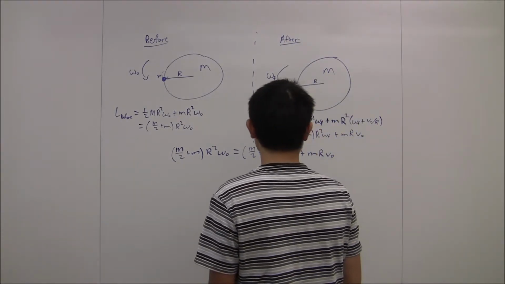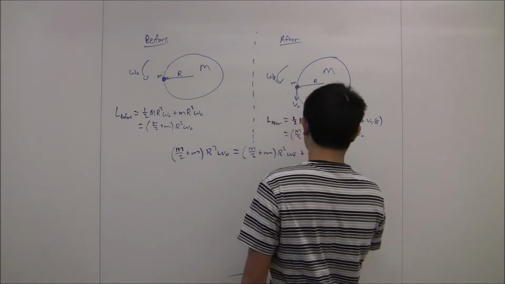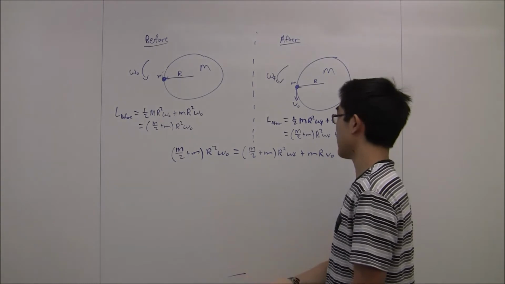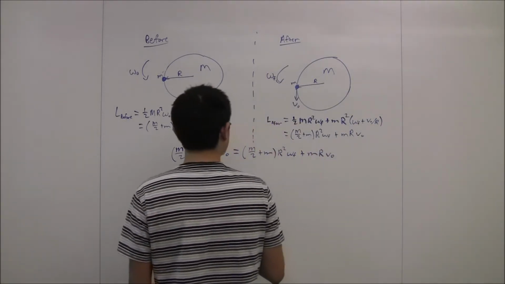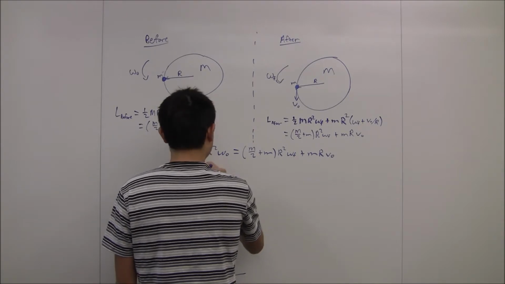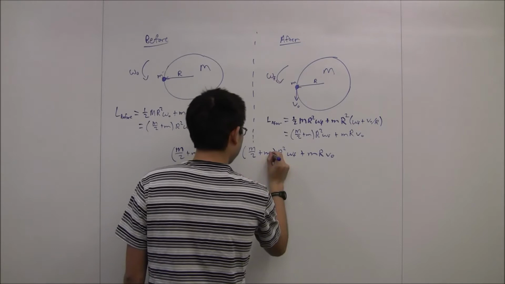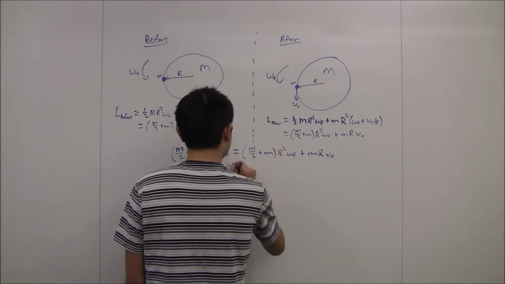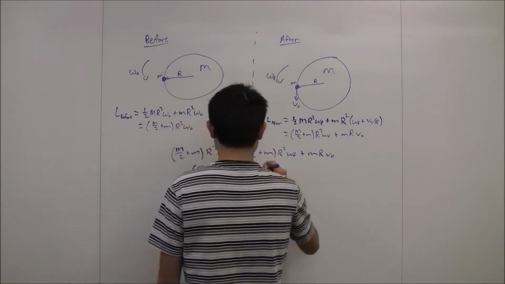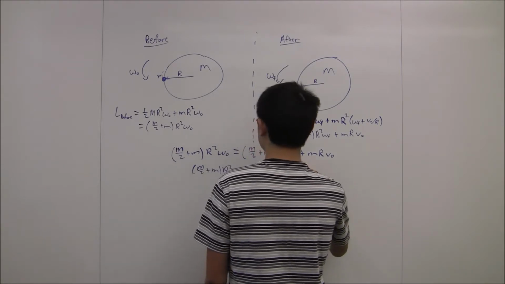So now if we move the m R v naught to the other side and isolate for omega f, we get that big M over 2 plus little m times big R squared omega f is just going to be big M over 2 plus little m times big R squared